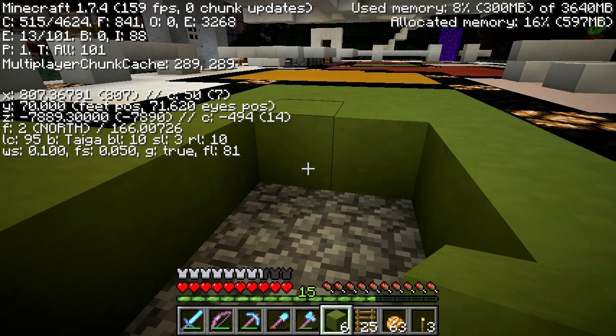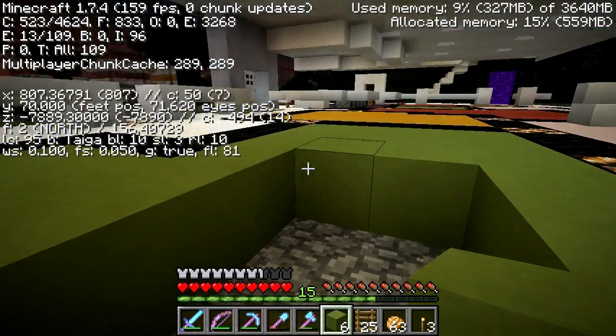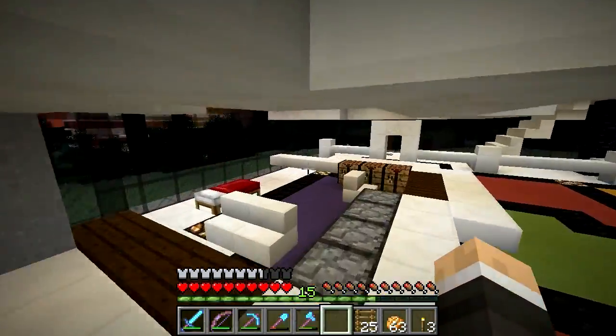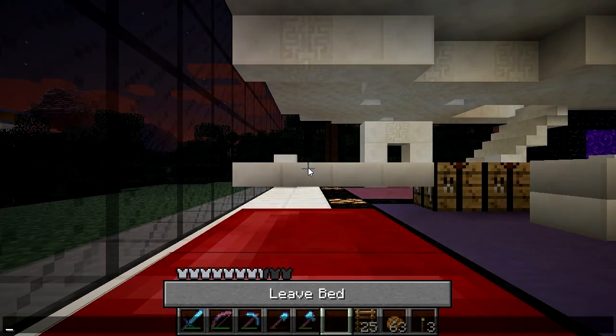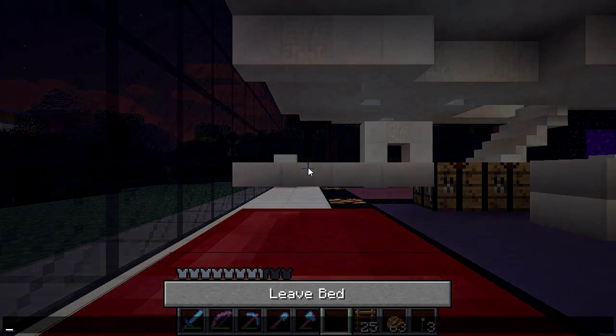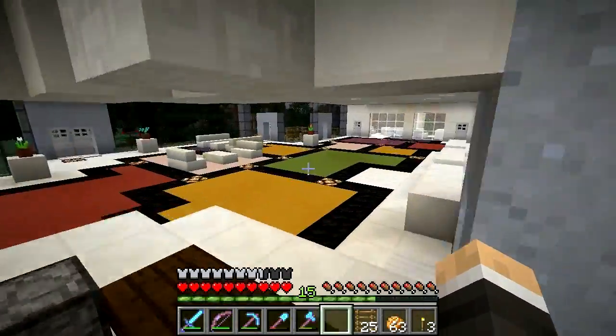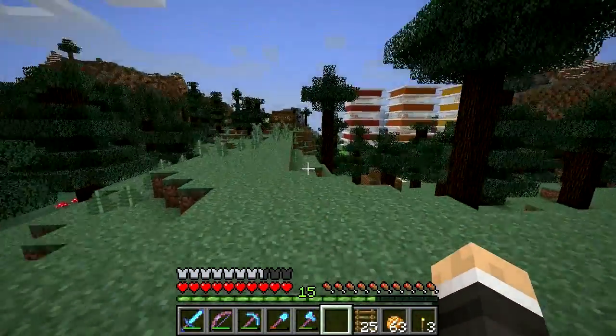So we've got an X of 807 and a Z of minus 7889. Okay, so that's the lab. Now we can fill this back in, and I'm going to pass the night real quick here, and then we're going to take a look at the next set of coordinates, which is probably going to be the farm stacks. I kind of want to do everything on the surface first, then visit the zombie grinder, then we'll probably visit the